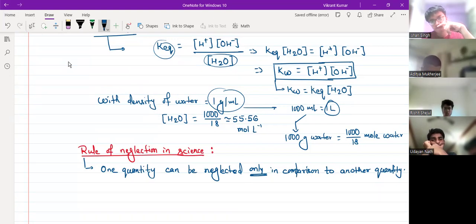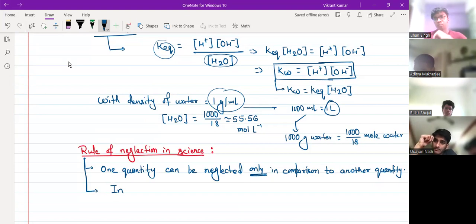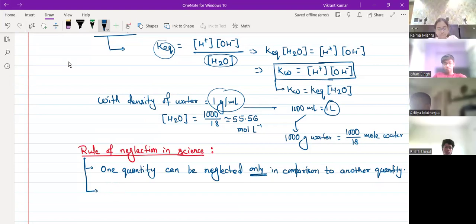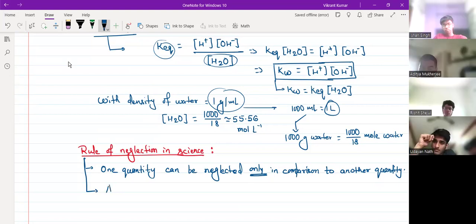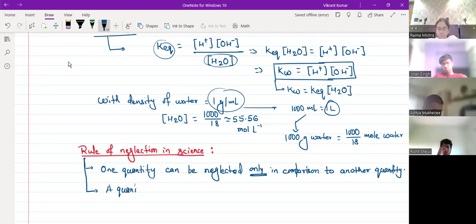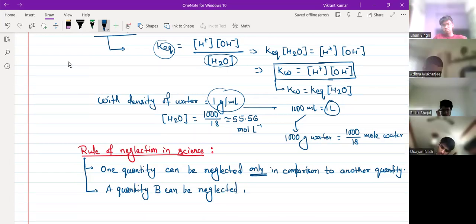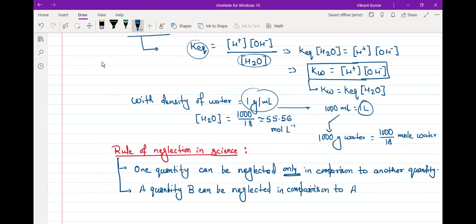Another thing is, a quantity b can be neglected in comparison to another quantity a